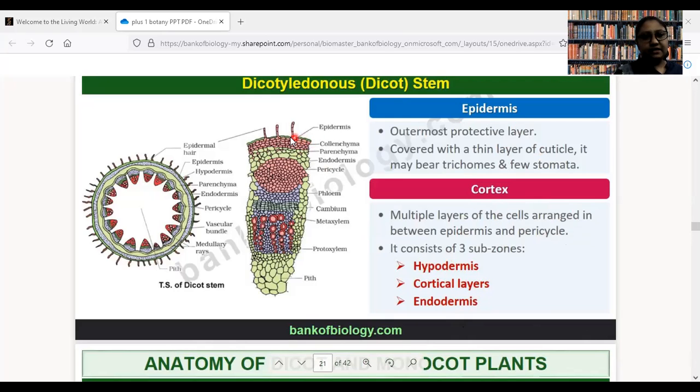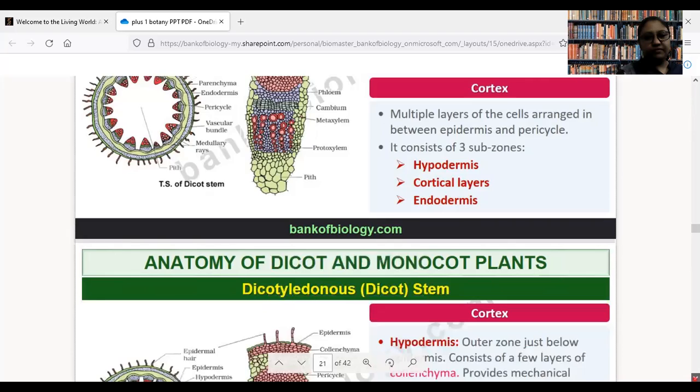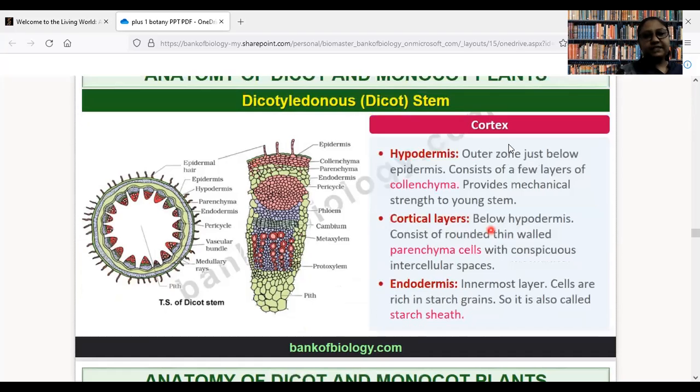You can see here epidermis. Below that, there are parenchyma layer, then parenchyma layer, and finally there is endodermis. Kindly refer to the diagram. So let us know about each of them one by one. Cortex can be divided into hypodermis,